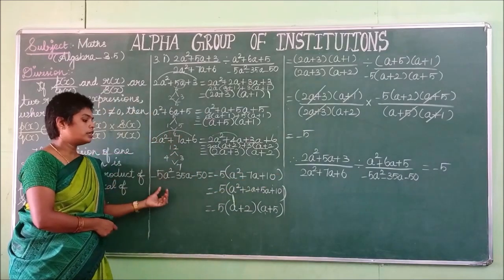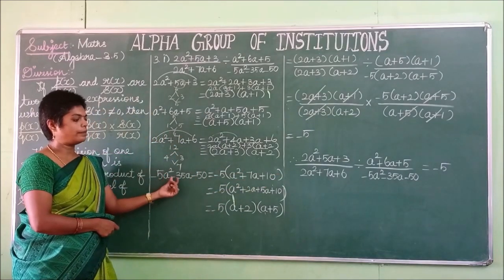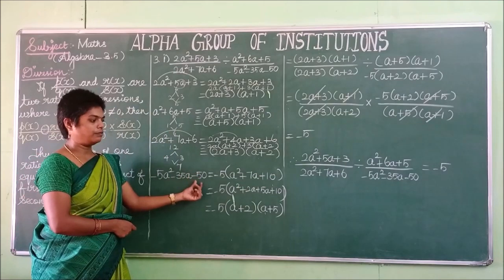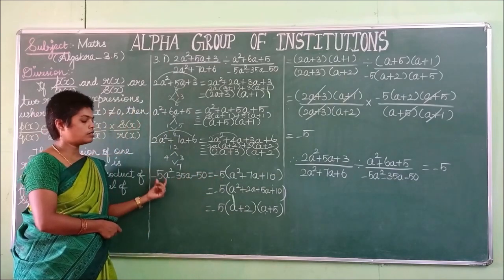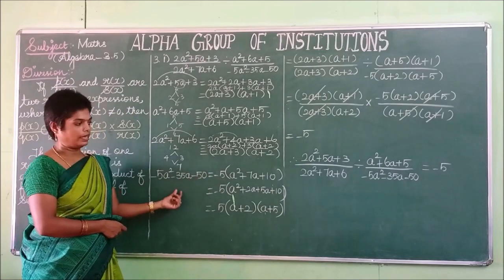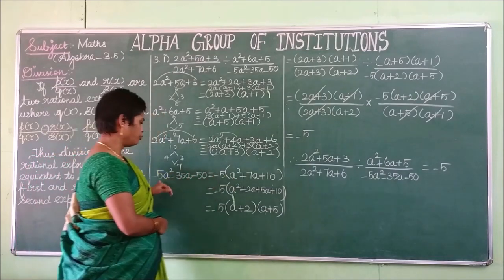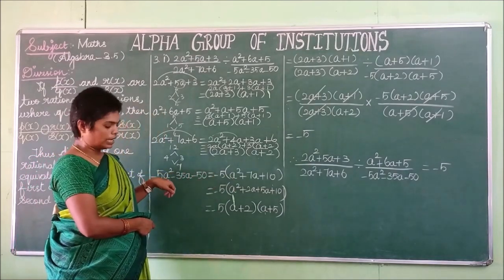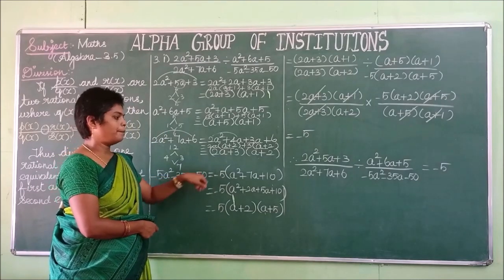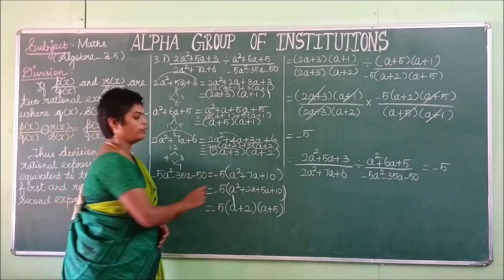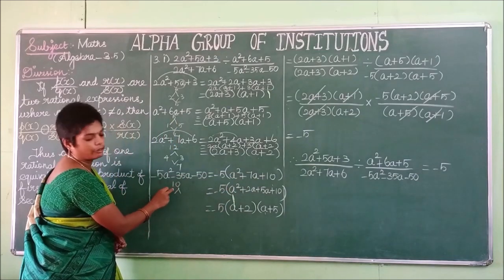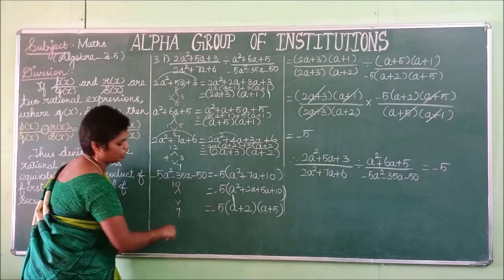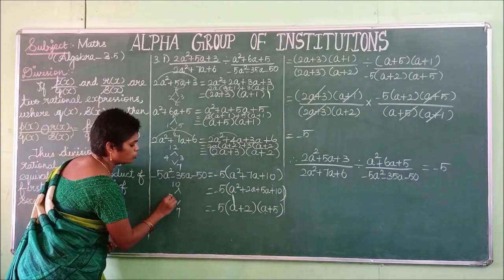So what is the last term? Minus 5a squared minus 35a minus 50. So you can take minus 5 as common because all the coefficients come in the 5 table. So what are the remaining terms? If you take minus 5 outside, a squared plus 7a plus 10. So you have to find factors for that. If you multiply two numbers, you will get the value 10. If you add the two numbers, you will get the value 7. What are the two numbers?